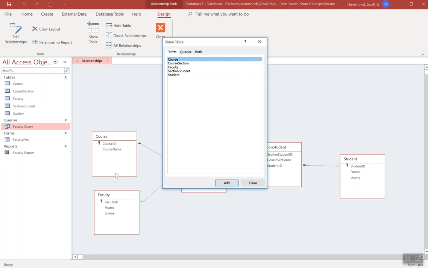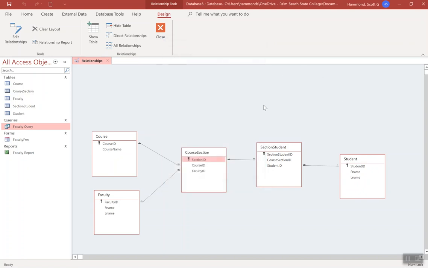We're not limited to just tables. We could have a relationship between a query and a table, or tables and queries. I can add one by highlighting it, put focus on it, click add, or just double click it and click close. So with that said,